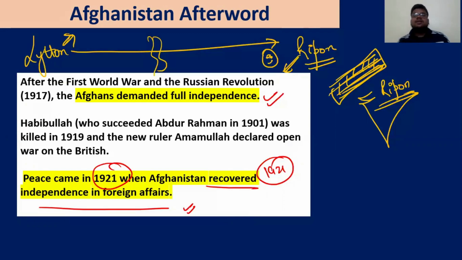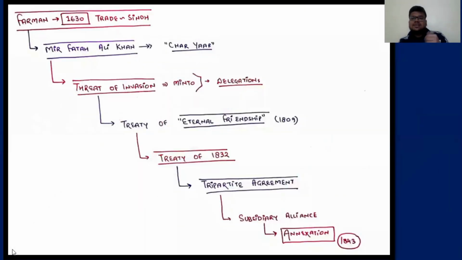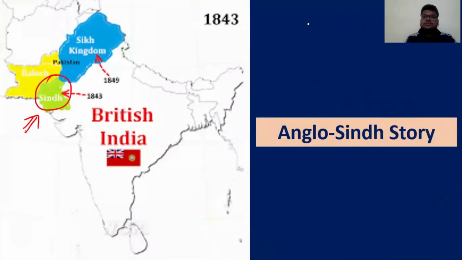Let's come back and talk about the second story, that is the Anglo-Sindh story. Okay, Sindh is this area. Now in the Anglo-Sindh story, you can see a very unfortunate story of Sindh. Someone has described it as a story, given by historians, of when a man is fighting against greater odds